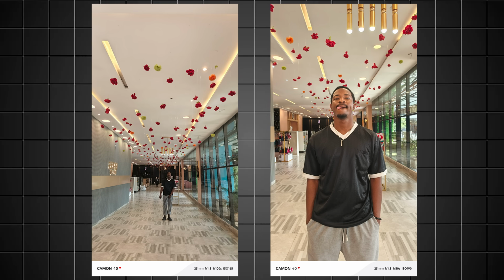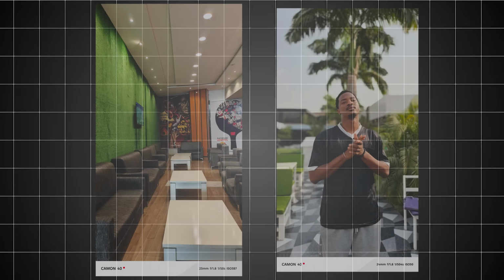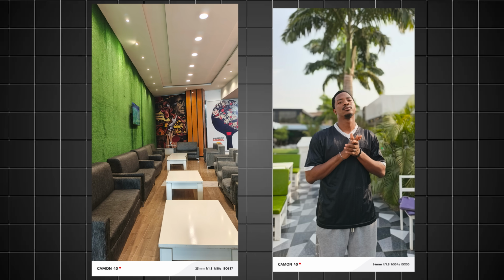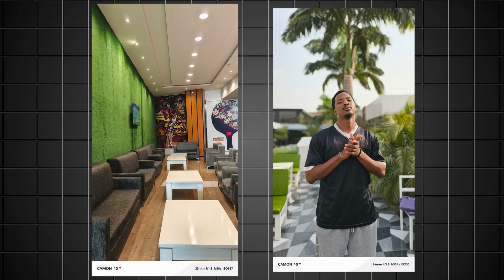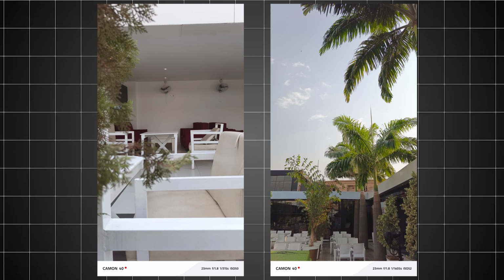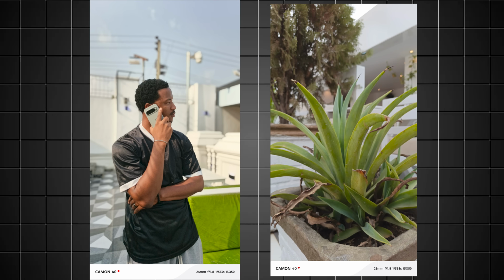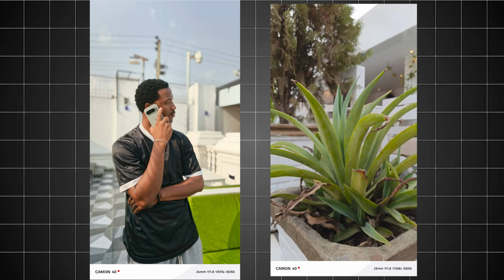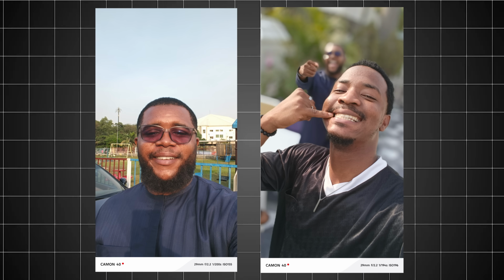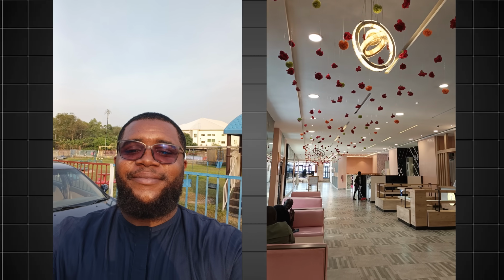Now, I took lots of pictures with it immediately after I unboxed it, and I wasn't disappointed with the picture quality. The photos are quite decent with lots of details and good color representation. Now, for a Camon phone, I really didn't expect anything less. And in my upcoming comparison where I get to actually compare the cameras of this phone with phones like the Redmi Note 14 and the Samsung Galaxy A16, we get to see how it holds up